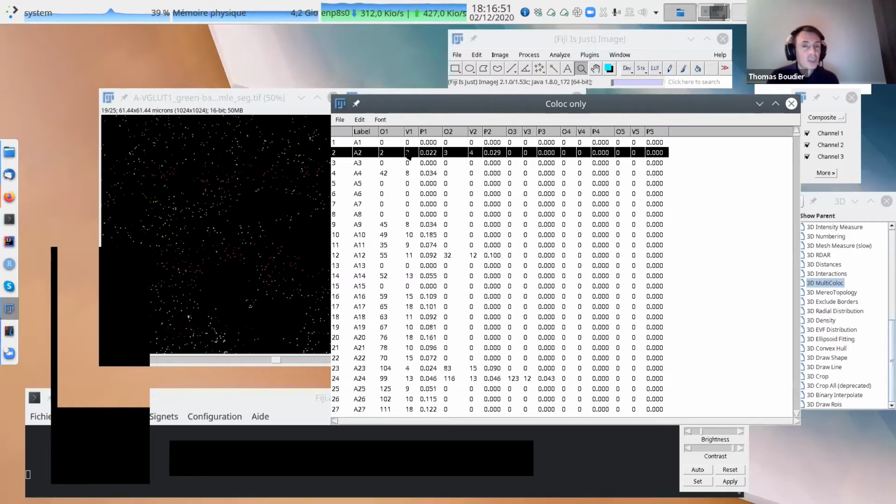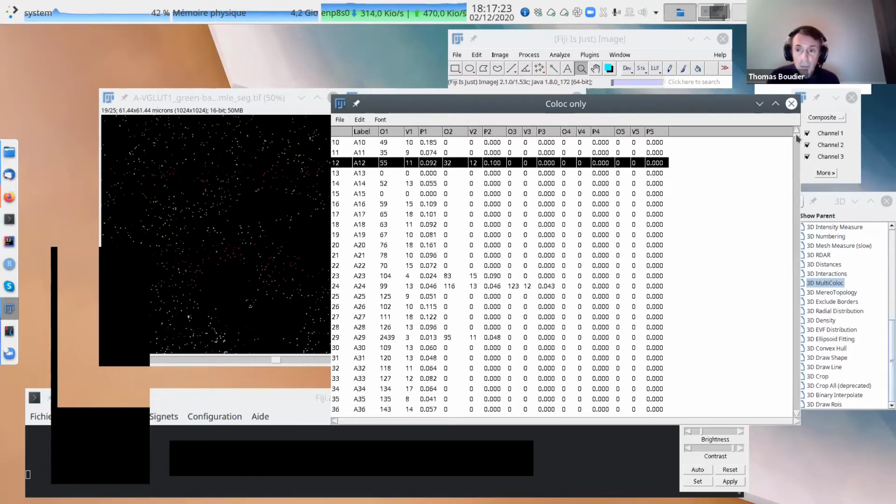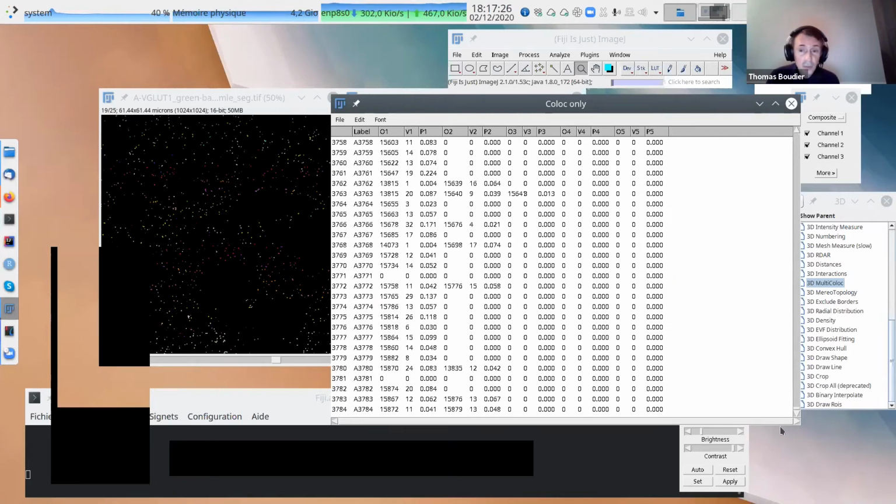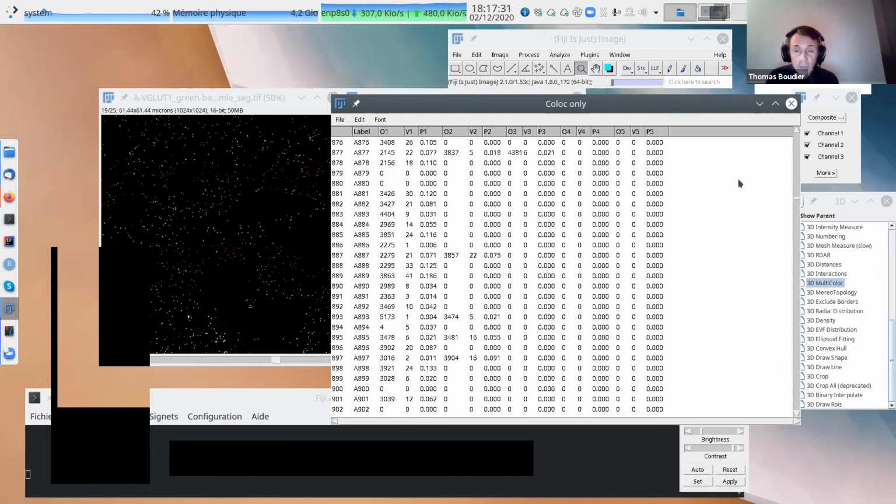And the volume of colocalization is 3 voxels. So between the object 2 in A and the object 2 in B, there are 3 shared voxels between these two objects. So that means it's 0.02, 2% of object A that is colocalizing. And this object 2 is also colocalizing with object 3 in image B, and so on and so on. Of course you have like 3,000 lines, and there is one object colocalizing with 5 objects.